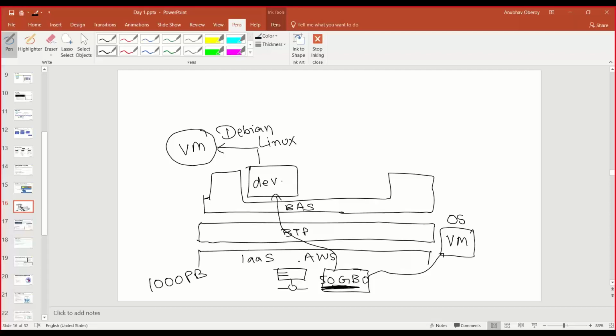And these 1000 petabytes are shared across multiple customers also. So each customer,